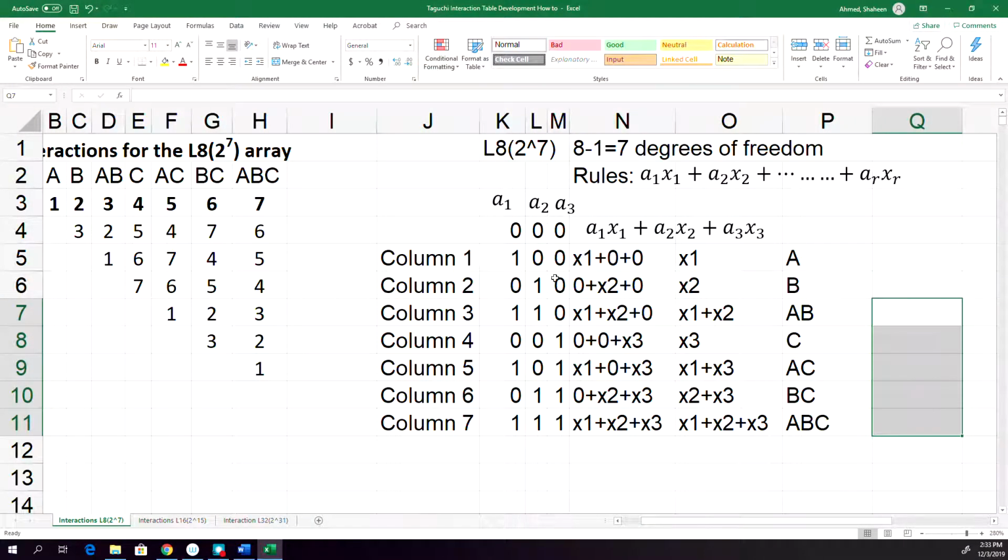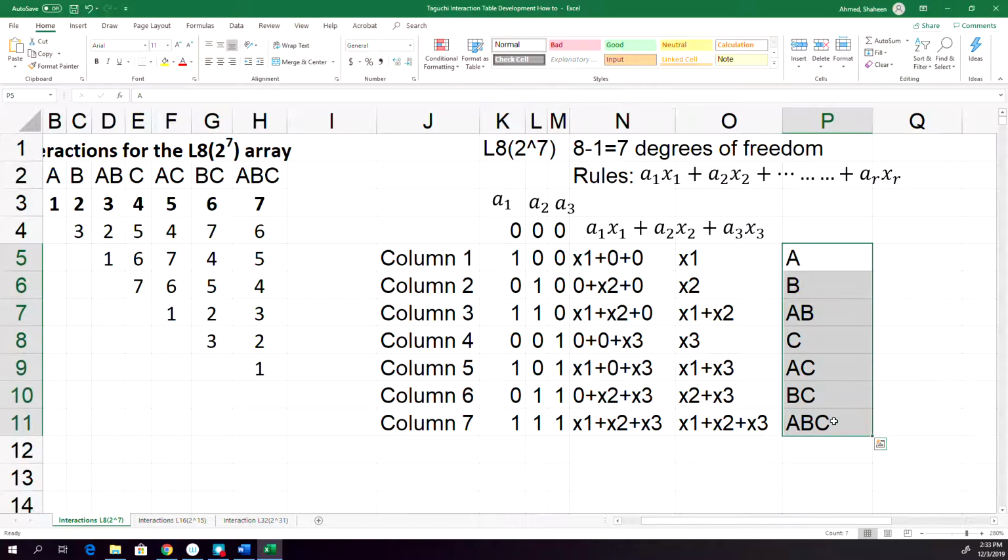So for example, in this L8 orthogonal array, we collect 8 experiments. We do 8 experiments. So we have 7 degrees of freedom. So you can test a maximum of 7 pieces of information. So either we can test 3 factors and all their possible interactions, or we can assign a factor right here,